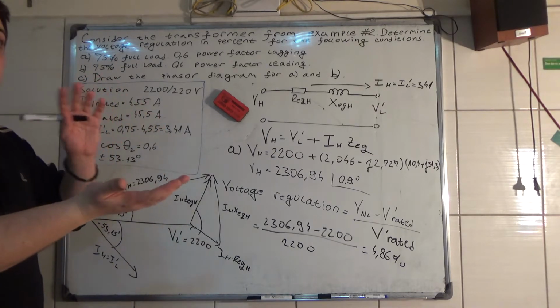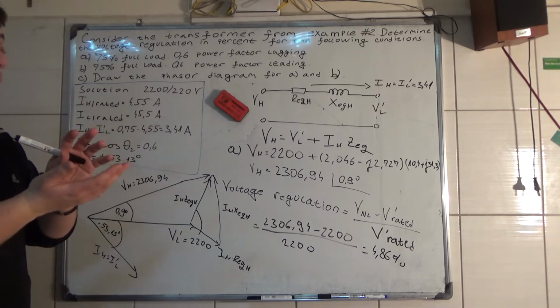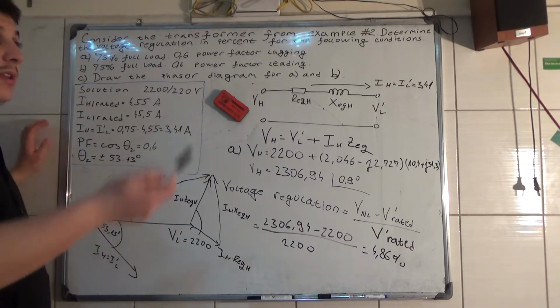And when you know that the 0.6 power factor lagging is on the secondary, then it will decrease from